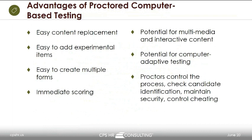The next one, computer adaptive testing. This is, again, like the GRE or SAT, using what we call item response theory. Basically, candidates take the test, and if they're doing well, they'll get more difficult questions. They'll keep it more difficult until they get to a certain level where the test could end earlier for them, if they've proven they have the knowledge. If they're not doing well, the questions will get a bit easier, and there might be a longer test process for them. So there are differences, and there are problems with it potentially looking like a different kind of examination, but it's been used and validated in a lot of agencies in the public sector